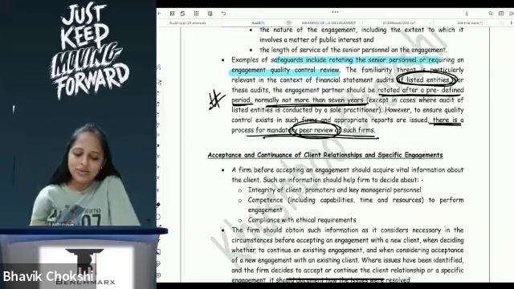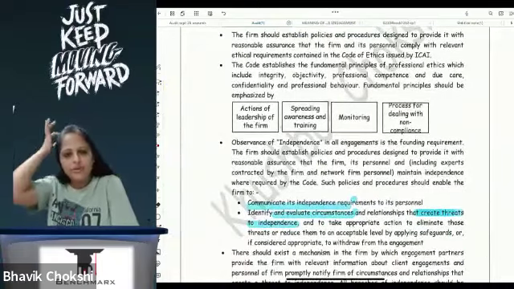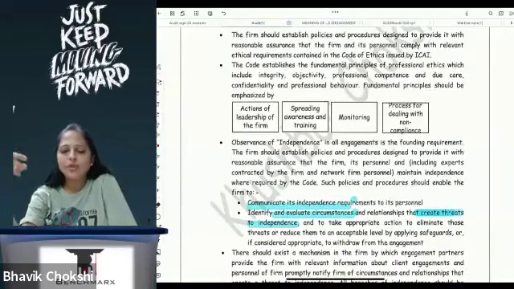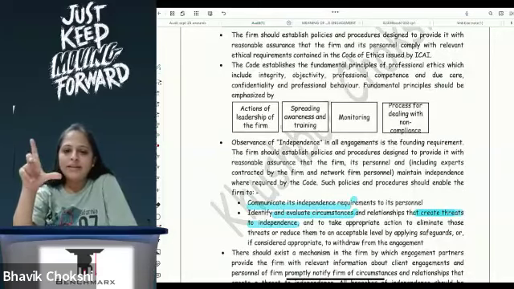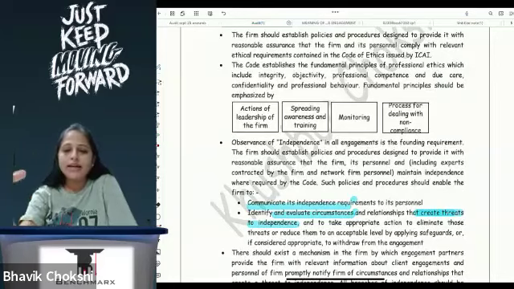Are we understanding? So in ethical requirements, ethically we have to work anyway, and we have to ensure that whatever the firm policies and procedures are, they are communicated to everyone. But what is more important is independence, and independence is basically ensuring that the work that is given is done correctly, without any biased view, and there is no threat to independence. That is called your independence. For a listed entity, the senior partner will change every 7 years.